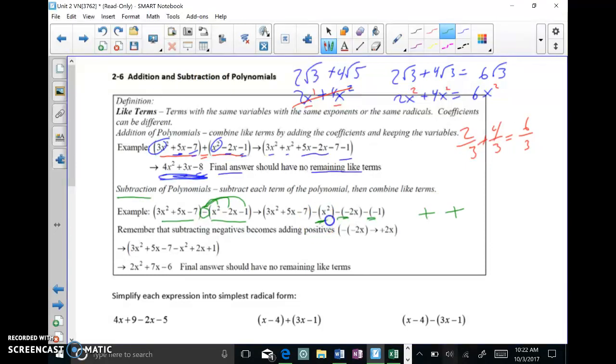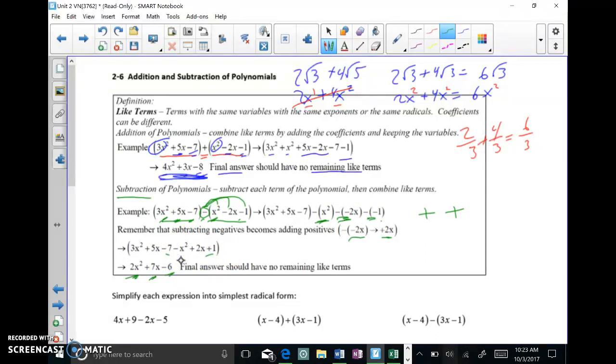So like the minus x squared here, we have 3x squared minus x squared. That is 2x squared, right? It's just subtraction. But then you get 5x minus -2x. And minus -2x turns to plus 2x. So it's really 5x plus 2x for 7x. And the negative 7 minus negative 1, again, a minus negative 1 becomes plus 1, so negative 7 plus 1